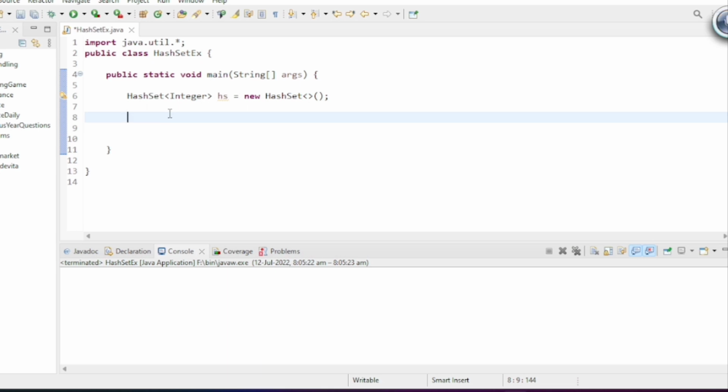Okay, so now how to insert elements in a HashSet. To insert elements in a HashSet, you have to use the add method. Here I have created an integer type HashSet, so I can only insert integer type values. So how to use this add method? Let's see. At first HS.add(8),